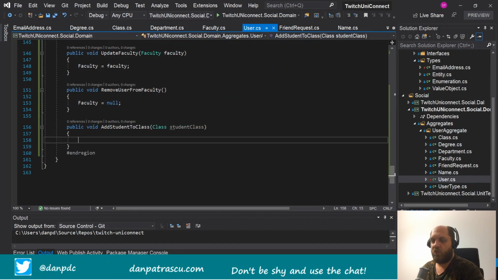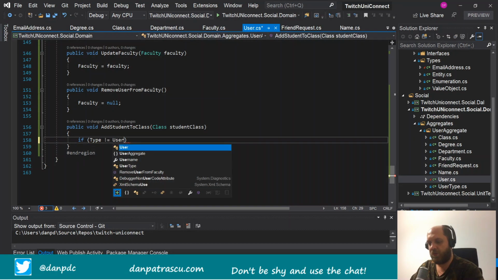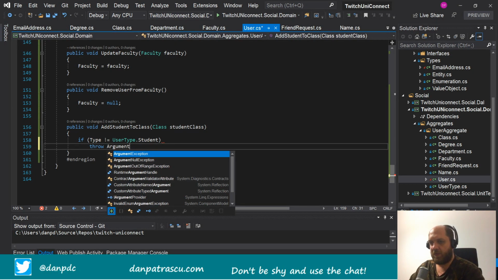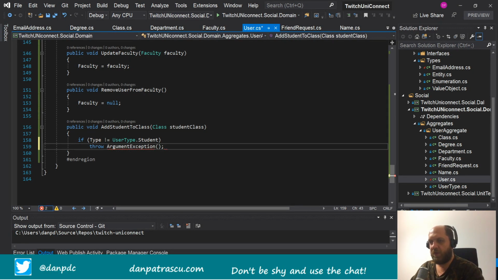So right now, once again, this is not a static method, so it is called on an instance of type user. So in this case we can make some very basic validation, and if we say that if type not equals user type dot student, so if the type of the user is not student, in that case we just can throw argument exception, and we can say here that,